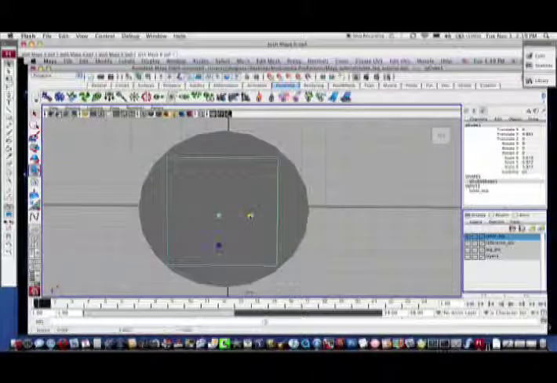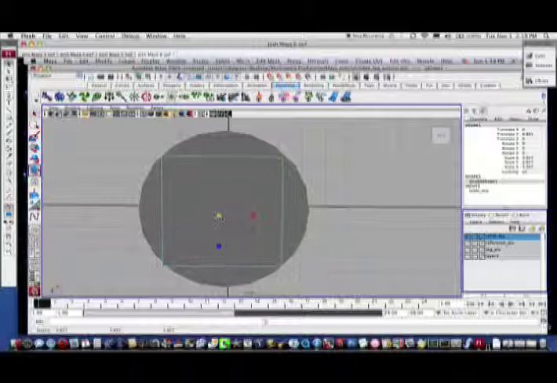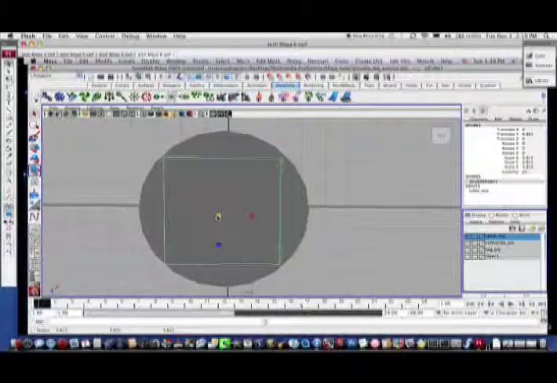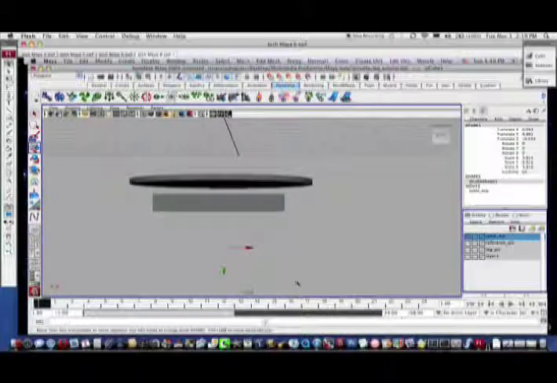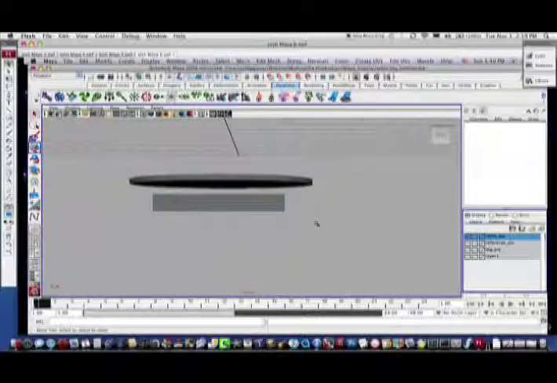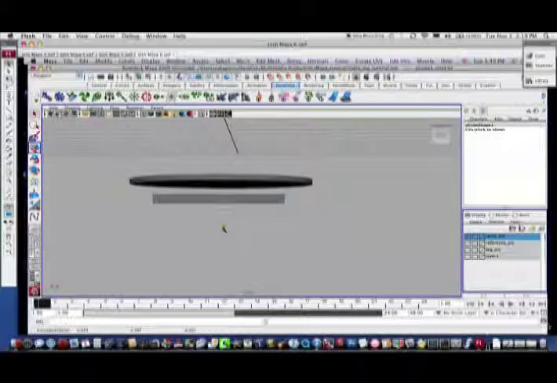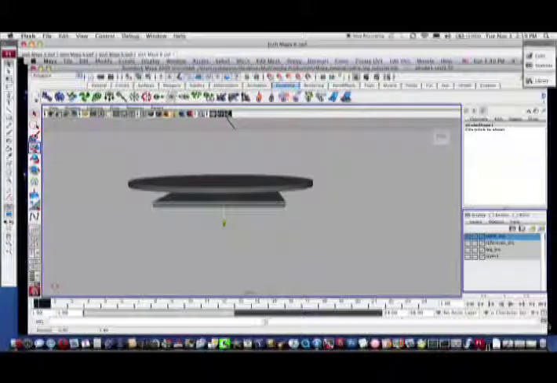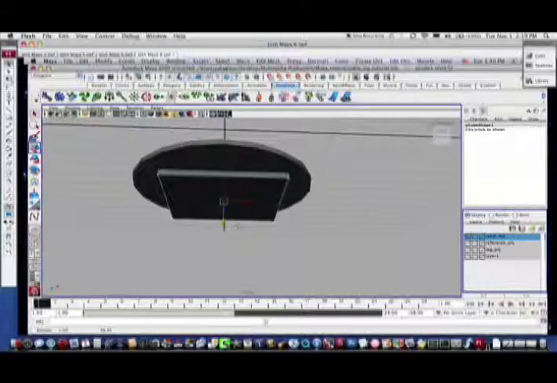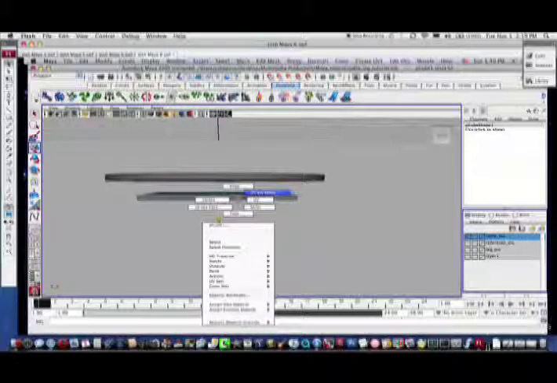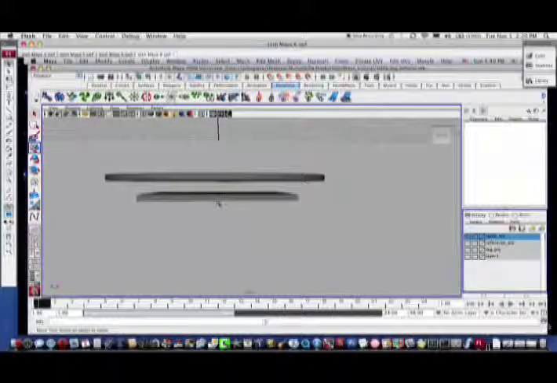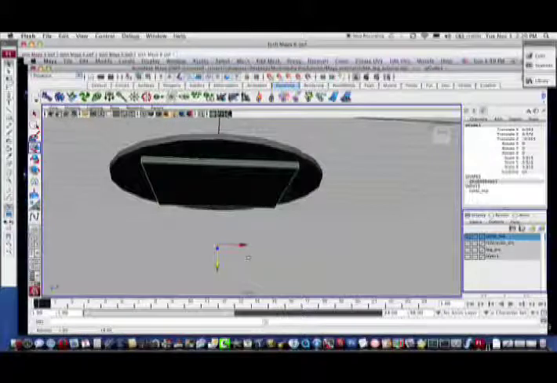So, I mean, you could just scale this to your liking. Doesn't have to be exactly like this. Just do it until you feel you got something that looks right. So let me just tweak this a little bit more. I right click going into vertex mode and just tweak this ever so slightly so it looks more like a table. So okay, now let's go back into object mode, click off there, and let's move it so it's laying flat